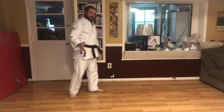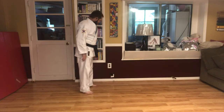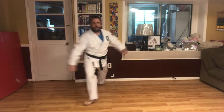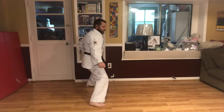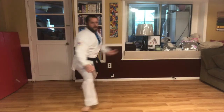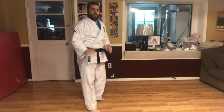All right, we've done the left foot forward. Now we're going to do the right foot forward. So let's go directly into our right foot so we can save some of the space. Ready? And go. Now that we went a bit faster,